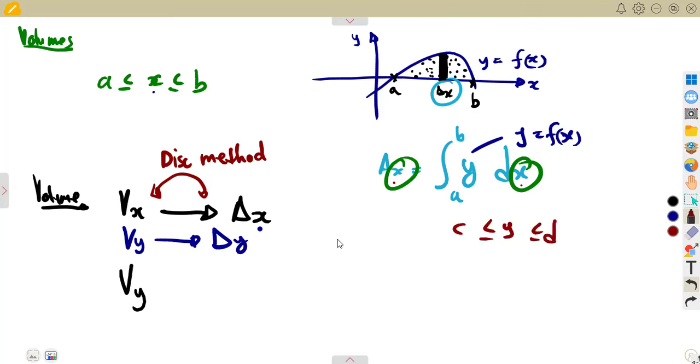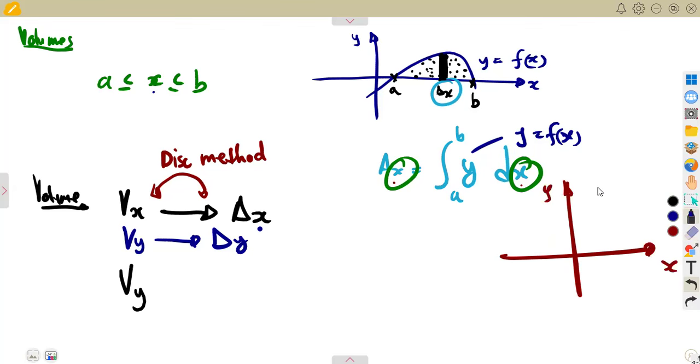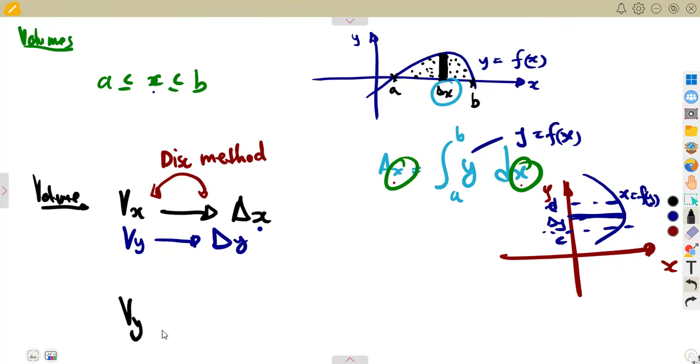They're now for y. Considering that, it must have a strip for y, like something like this. It must correspond. For you to apply the disk method, maybe we could have a function like this, taking our limits from C to D, and the strip is for y, and this will be x equals f of y. There you go. It's still the disk method. The volume about y, the strip is for y. But once it opposes, now the volume that you're calculating is for y, but the strip that you have here on our diagram